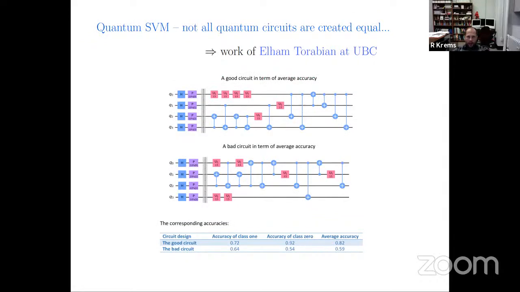Okay. And the purpose of what I'm talking about now is to show the classification results. She basically uses quantum SVM. Remember, we talked about SVMs, and we said that the way SVMs work, you fix the kernel, and then you optimize those alpha parameters. So what Elham does is build the kernel on a quantum computer, with simulated qubits at the moment, and then she optimizes the alpha parameters to build the SVM model, but with the quantum kernel.